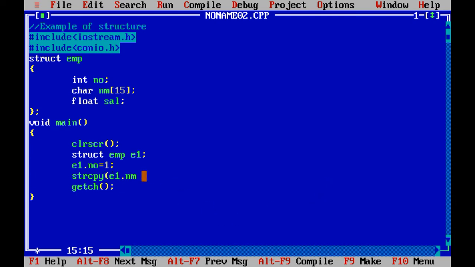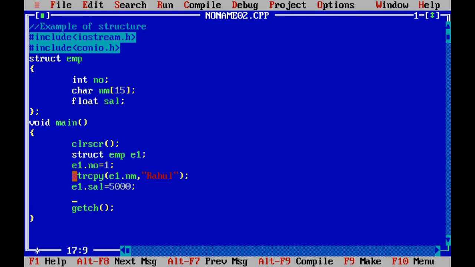Because I want to store the character data. So strcpy, then in which I want to store the data, that is E1.nm, and which data I want to store inside E1.nm, that is Rahul. E1.salary equals to 5000.